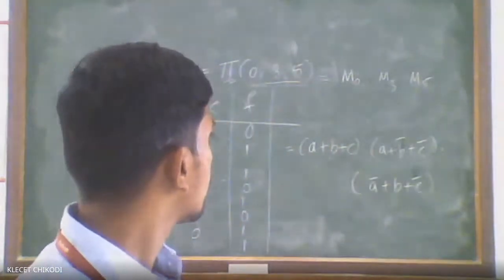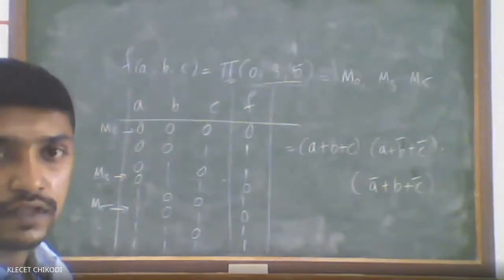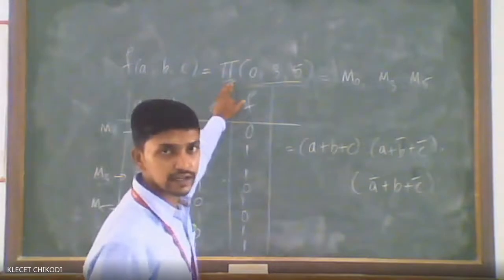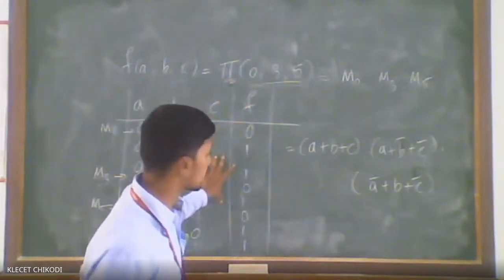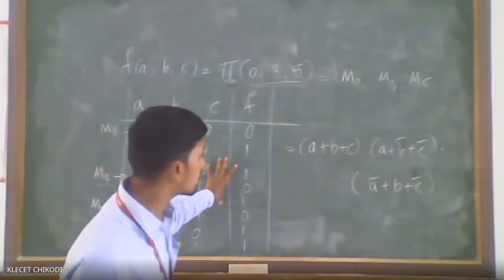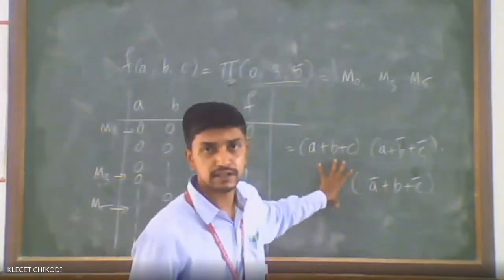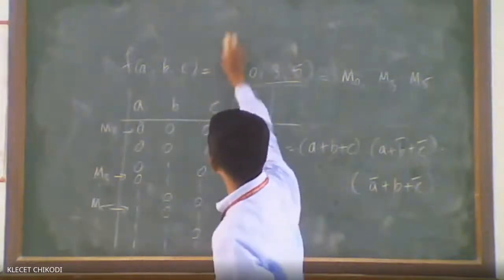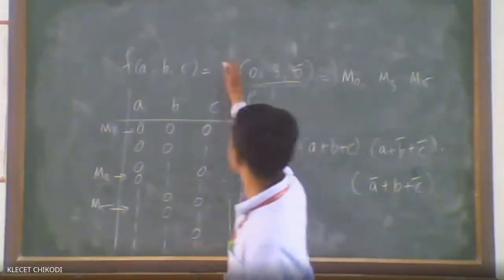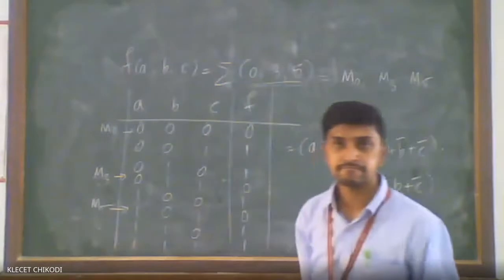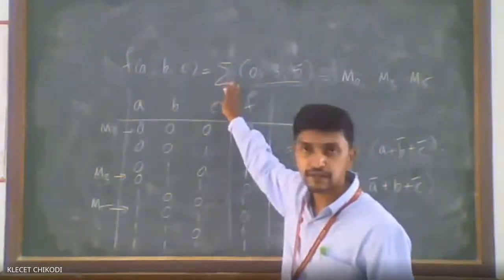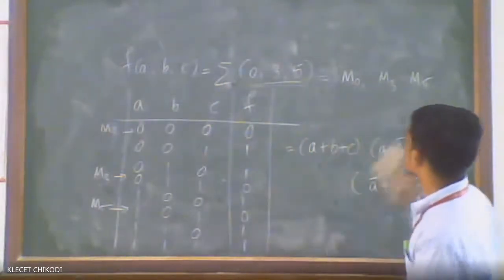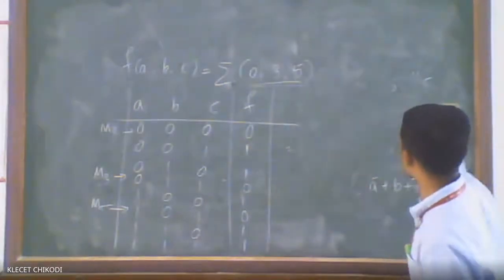Fine. So here what I have done, we have given the canonical function. From the canonical function we have written the truth table first. From that truth table we have written the Boolean expression. Similarly, can you write it for the same one? Instead of Π, I will take it as a summation here. So if I take the summation symbol, what are those terms called now?